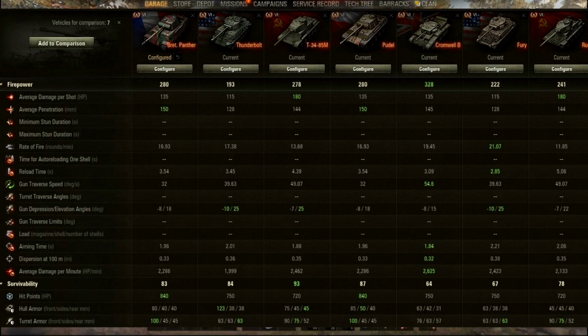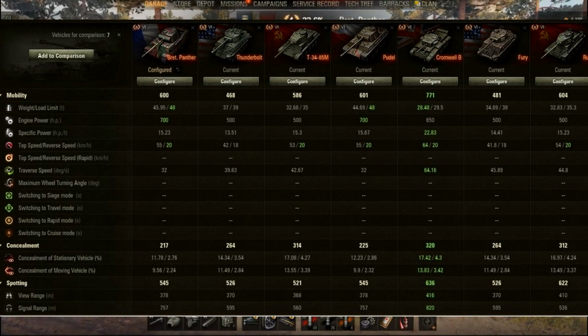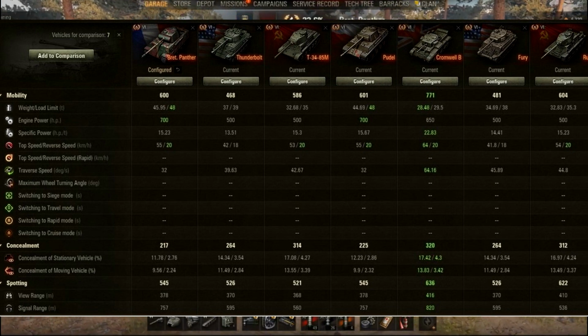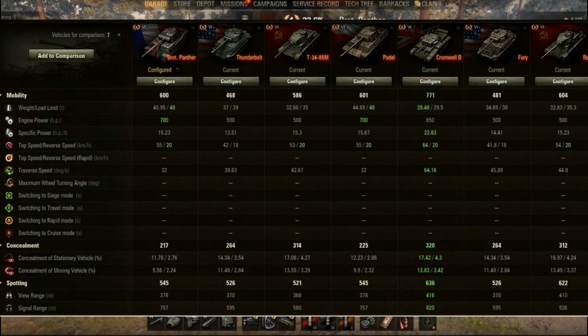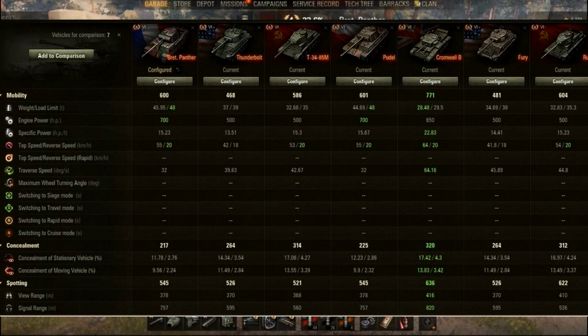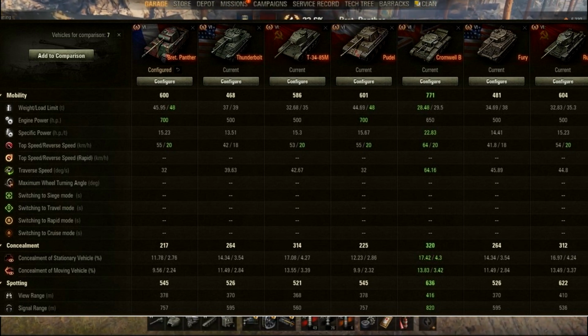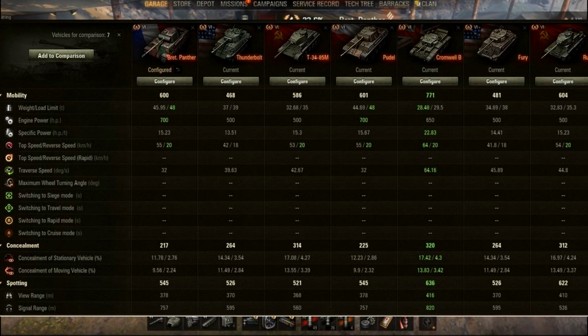Its hull armour is 80, 40 and 40. And its turret armour is 100 at the front, 45 and 45, so it's got the same strong front turret armour as the Poodle. It's got a 700 horsepower engine, which is the same as the Poodle, and its top speed is 55 km an hour forwards and 20 km an hour backwards, so that's in the mid-range there as well. Its traverse speed is 32 degrees per second, which is definitely at the bottom end if you compare it to the Cromwell at 64. It has very little in terms of camo rating at 11.78% whilst stationary and 9.56 whilst moving, and it's got a view range of 378 meters,